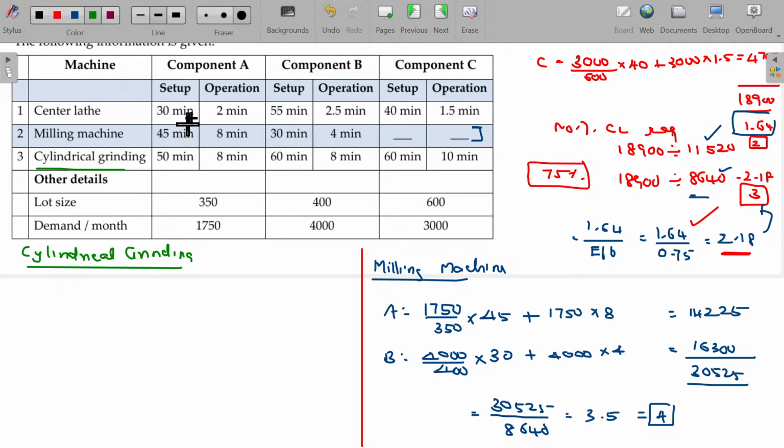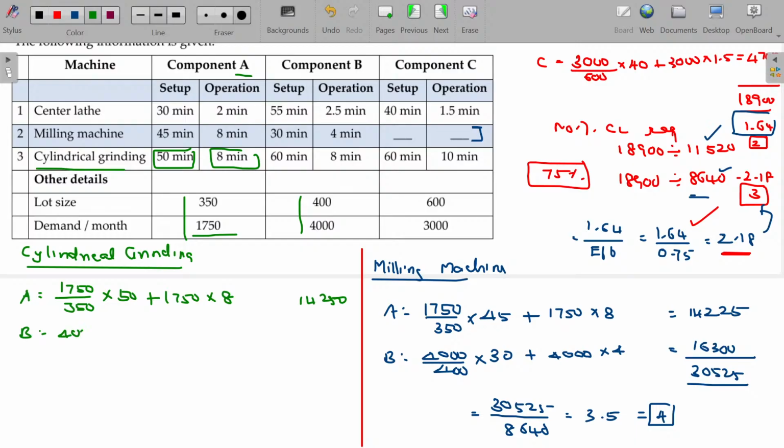Now we'll start with component A. 1750 divided by 350 multiplied with the setup time, in this case being 50 minutes. Operation time being 1750 into every unit requires 8 minutes. Yes, 14,250. For B,